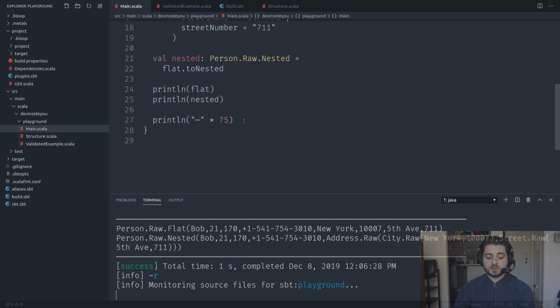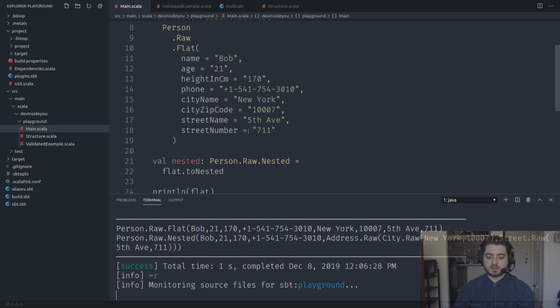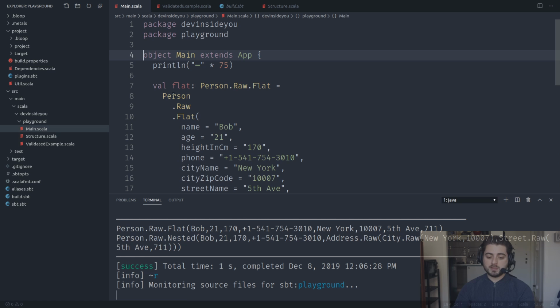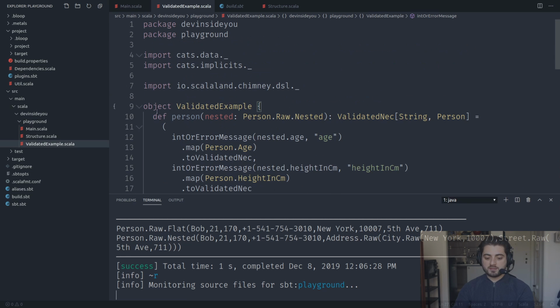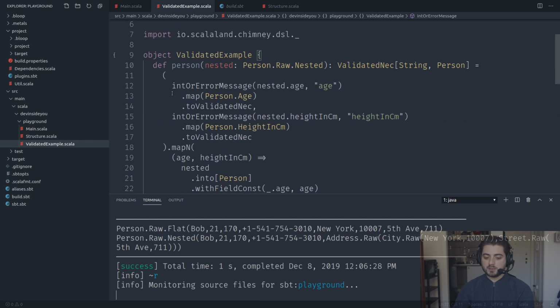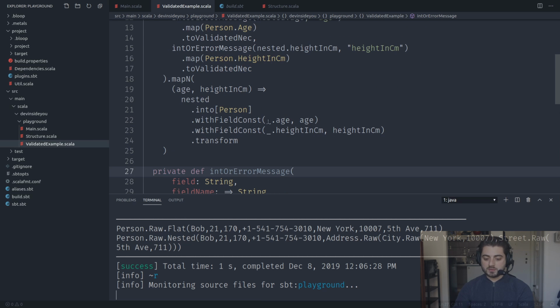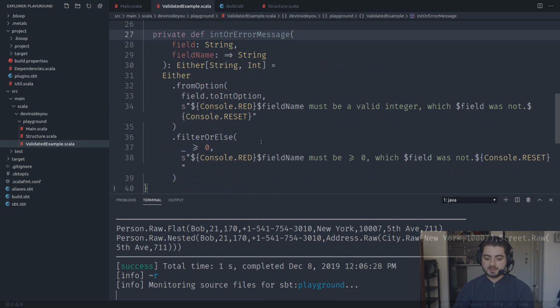Alright, so my original plan was to clean this up with you guys so that you see all the changes, but I realized that it's going to take forever. So what I did was I removed all the imports, and we have a simple main where we're constructing the flat person, then we're converting it to nested, and we're printing both of them out. This is exactly what you see here, and the whole validation example is now over here in ValidatedExample. It now has a simple def that you can just give a nested person. It will run through this whole example, the whole validation, and return it, and it has this tiny helper